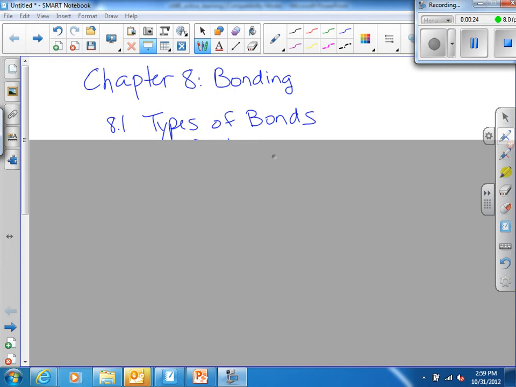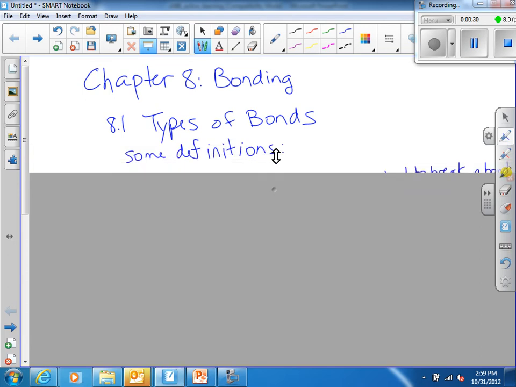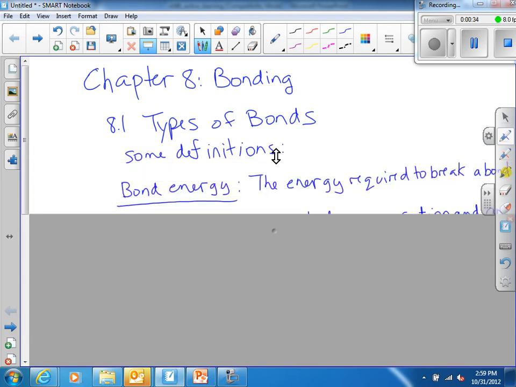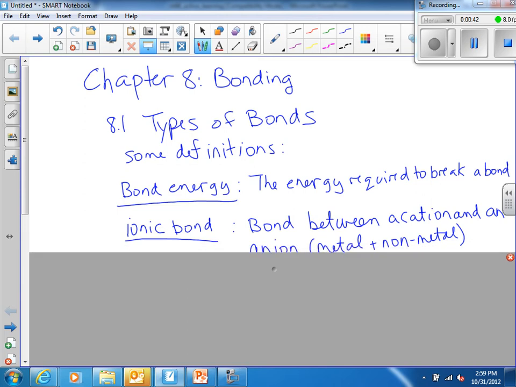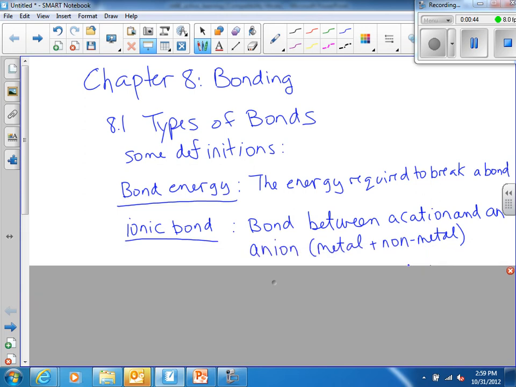Hey guys, we're bonding in Chapter 8. Section 8.1 is types of bonds, and we have some definitions. Bond energy is the energy required to break a bond. An ionic bond is a bond between a cation